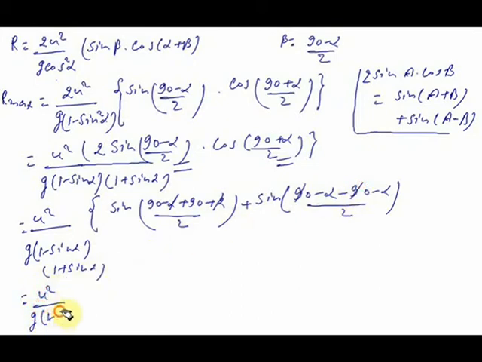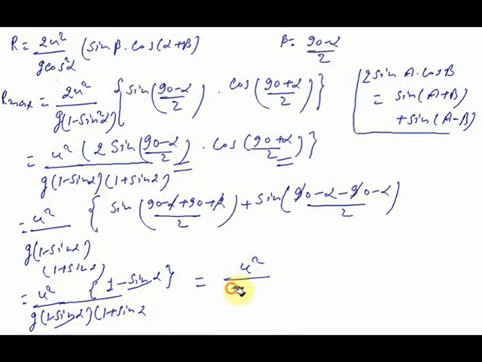So finally we have u square by g into 1 minus sine alpha into 1 plus sine alpha into, this is sine 90 degree, which is 1, and this is sine minus alpha, which is minus sine alpha. So we can cancel out 1 minus sine alpha. So finally we are left with